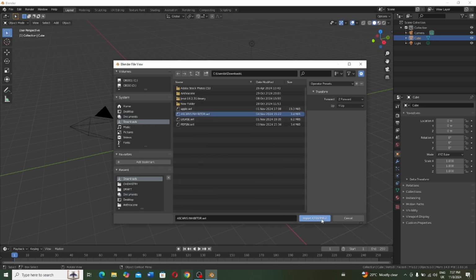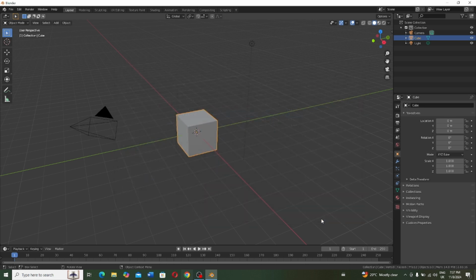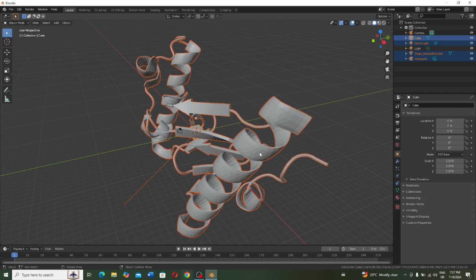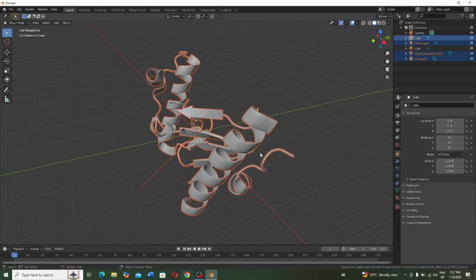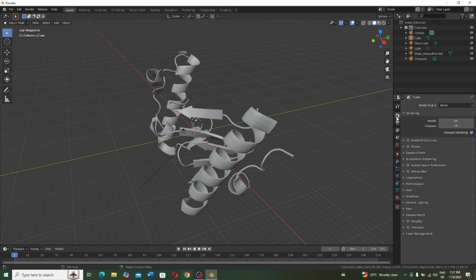Ascaris inhibitor. Okay, it takes a few seconds for it to load in. Once you have your structure, you can zoom in and out using the middle mouse button. Okay, once you have that, the next thing, on your right hand side, click on the rendering